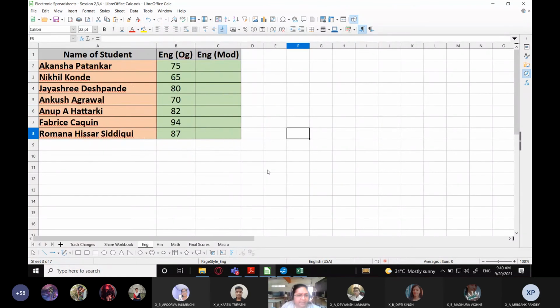Firstly, the idea is the original marks. This is what exactly happened this year, right? So the original marks of the students are given. The board gives us, the examination board has given the teachers a liberty to change the marks a little bit according to the students' performance throughout the year, and then to calculate the total percentage and then declare the results, right?